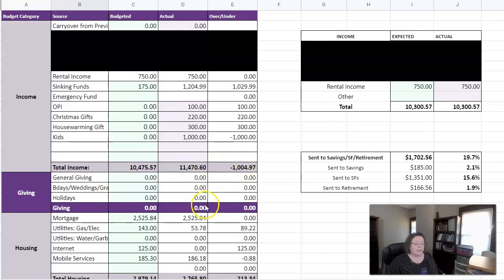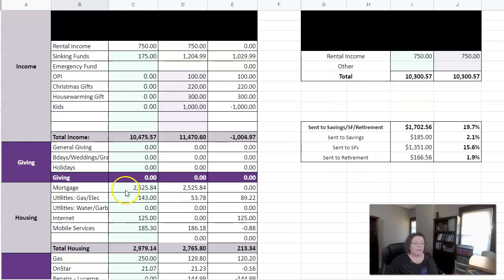In giving, you can see we didn't do any giving at all. We didn't plan on any. We didn't actually do any. And then in housing, you can see another change here, and that is that our number for our mortgage is a lot higher. And the reason for that is because we are now paying 2 mortgages. We paid our January mortgage for our old home, and we paid our February mortgage for our new home in January. So that totaled